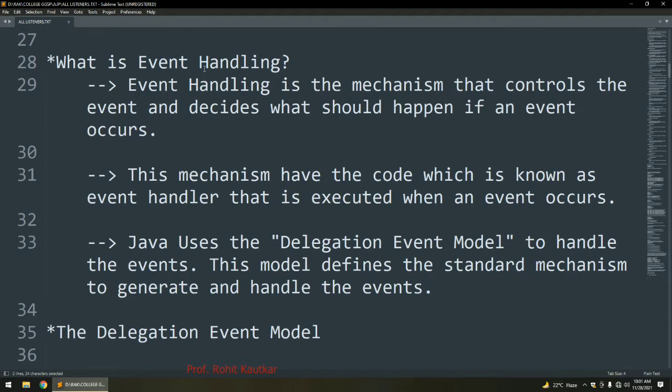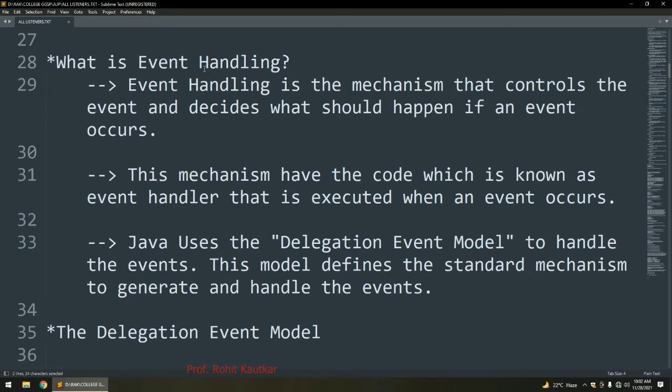This is the mechanism where we write the actual code that will execute whenever an event is fired, and the code which executes whenever the event occurs is called the event handler.